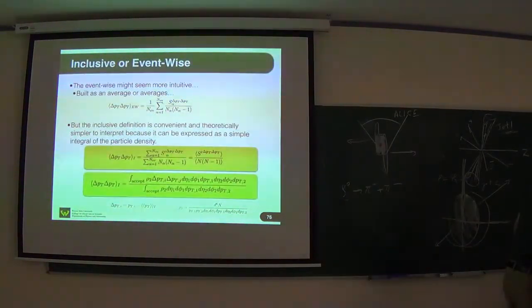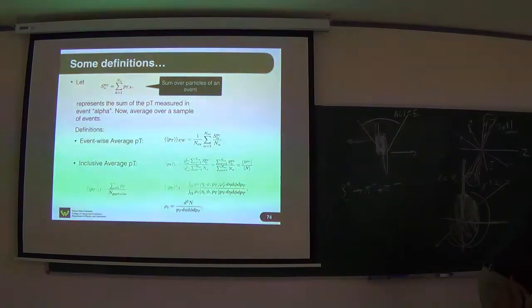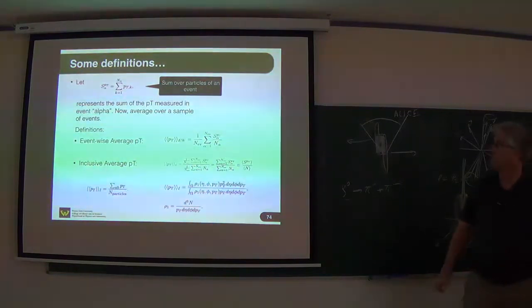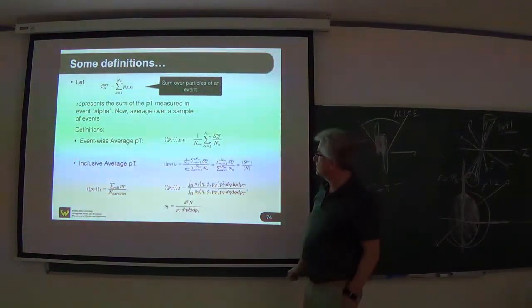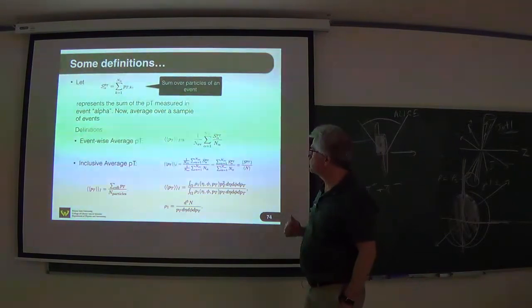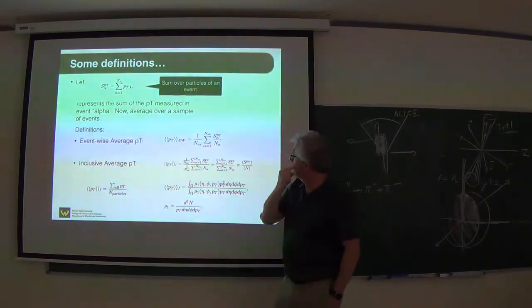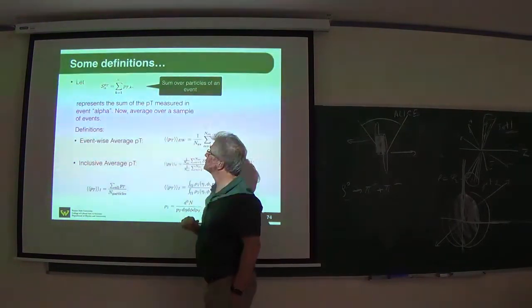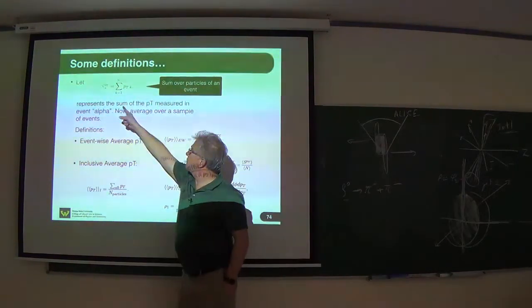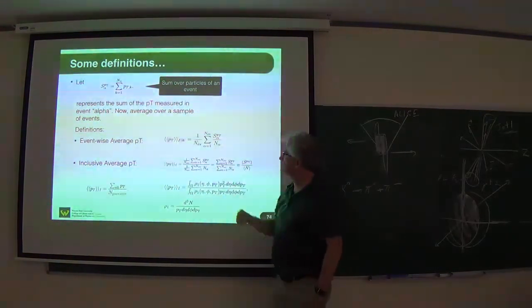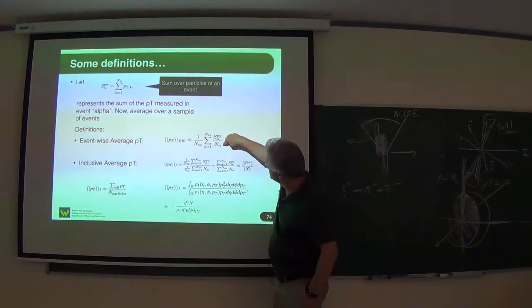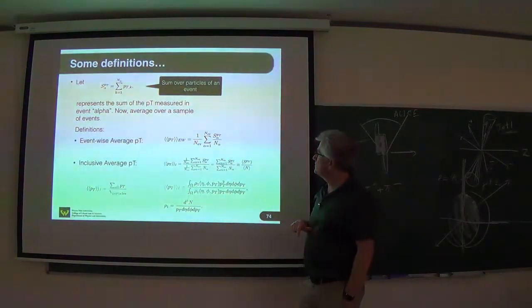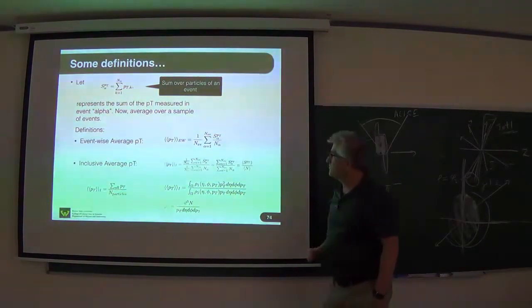In practice, we ended up not liking this particular way of doing the business, so we introduced momentum fluctuations and momentum correlators. So what we would do is, on each event, we would sum the momentum of all the particles of interest in the event, and we would then look at the average of this quantity over an event ensemble. So we would divide out the number of particles in the event, that gives us the average PT in the event,